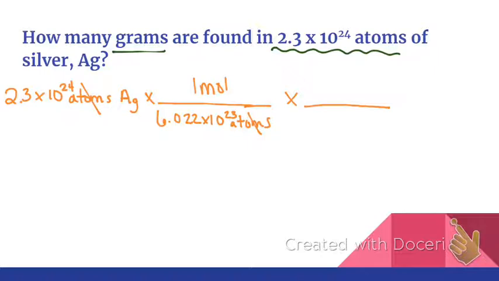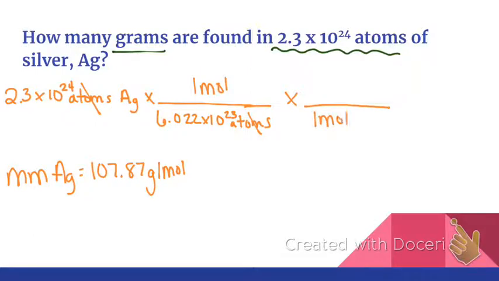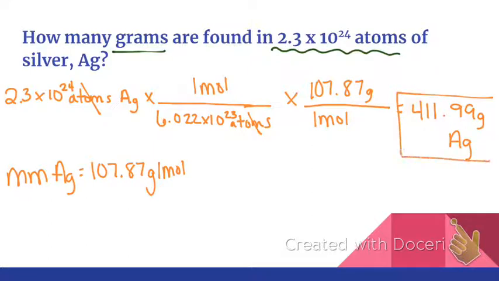This part is pretty easy because we're working with just an element, so the molar mass is what's provided on the periodic table. So if you find silver, it's approximately 107.87 grams per mole. Again, for setup, I have moles in the top, therefore moles need to go in the bottom, and the 107.87 should have went in the top. For an answer, I got 411.99 grams of silver. Again, for yours, as long as it's in the ballpark of being relatively close to that number,